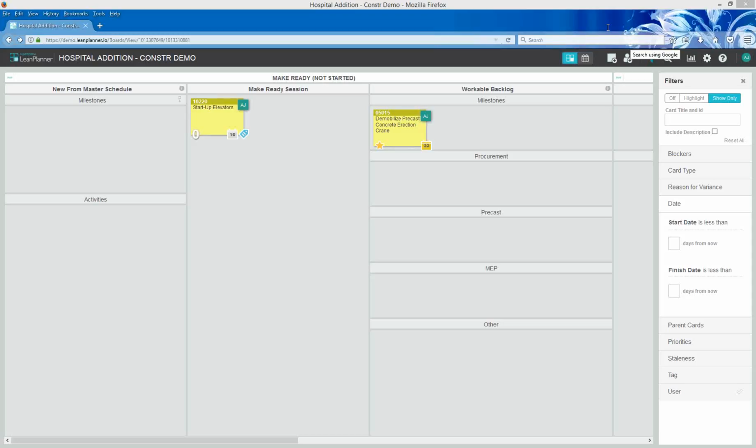And then where this is going to come in is that below that critical path, you're going to have your 4 to 6 week look-ahead pull planning meetings. That's where you're going to be saying, okay, working backwards, reverse engineering and backing into the plan here, over the next 6 weeks we're going to have to make this work ready, and so on and so forth. And you're going to do that bit, and then you're going to bring the LeanPlanner software in at the next